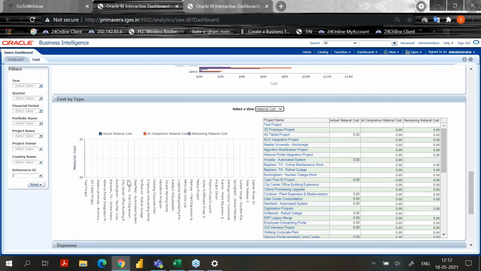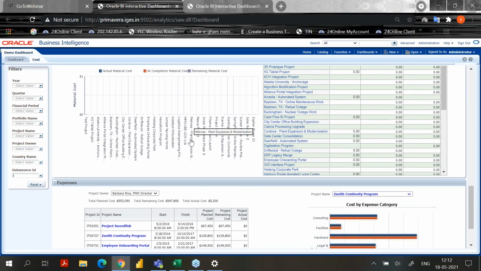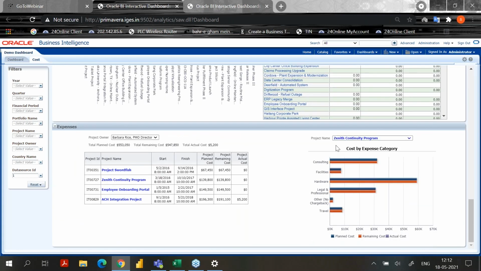So there is nothing, that's why it is showing nothing. Same thing, expenses. This is project name. This is a graph, and it will come based on the project owner.